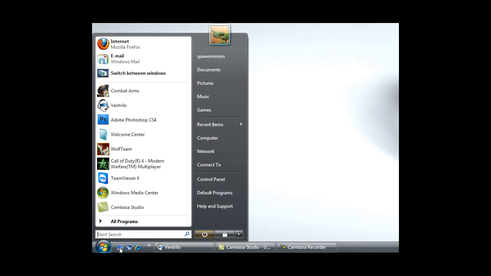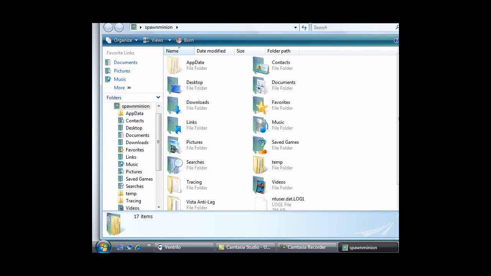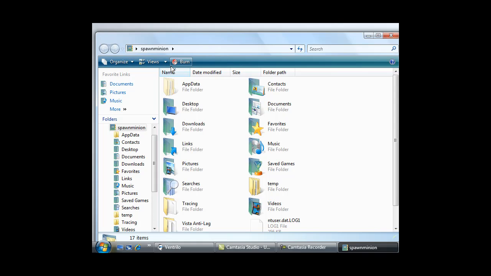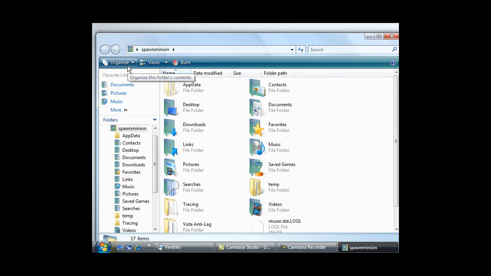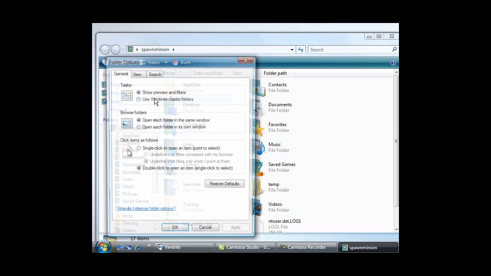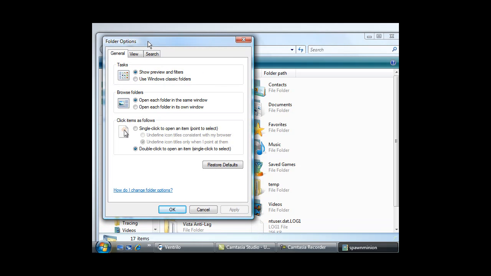Then you want to also go into any folder, like the My Documents folder. For Windows XP, it's in Tools. At the top of the folder, you'll see the Tools menu, and then you just drop it down, and you'll see Folder Options. For Vista, it's the exact same thing, but you have to hit Alt if it's not already showing. Just hit Alt, and you'll see it pop up at the top here, and just hit Tools, Folder Options, and then you're going to see a Folder Options